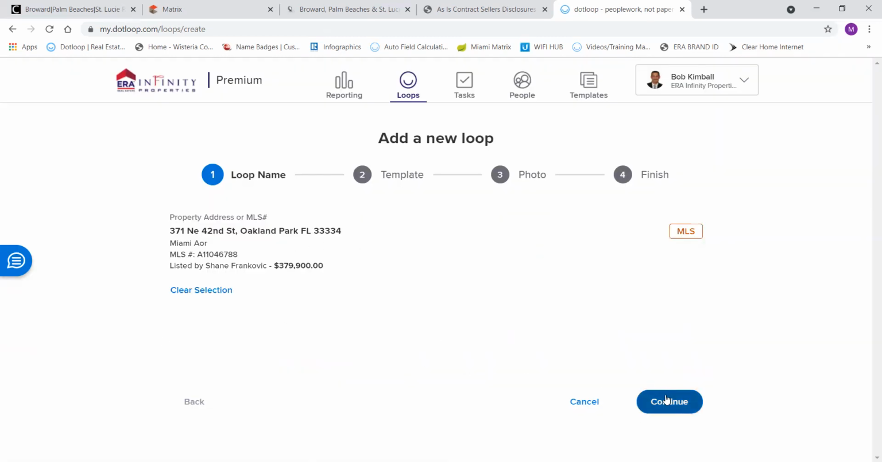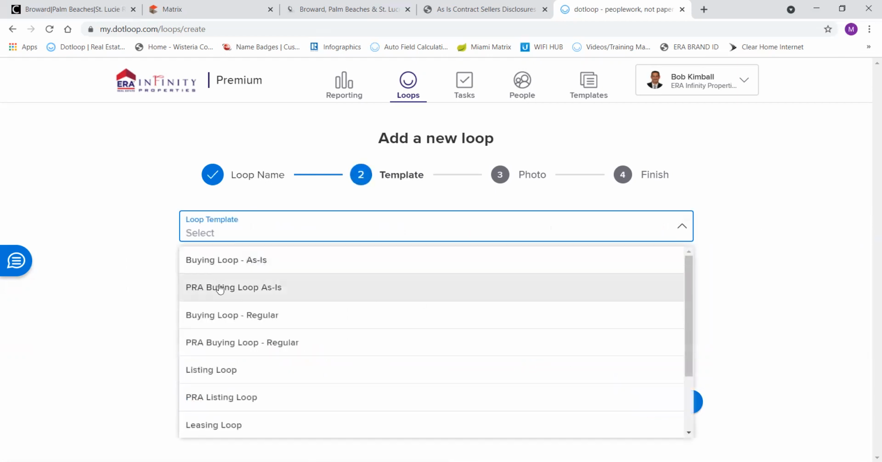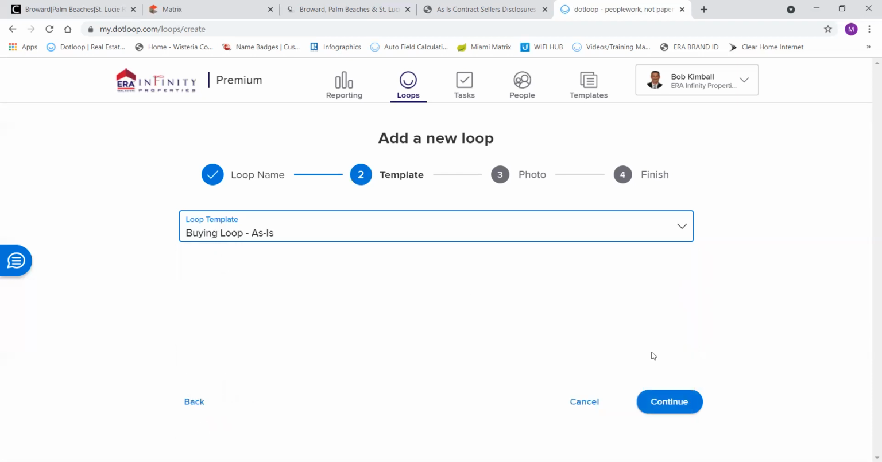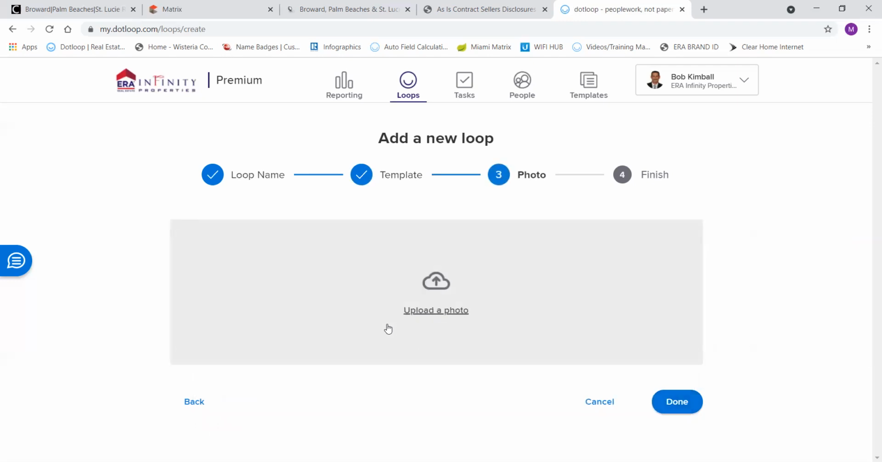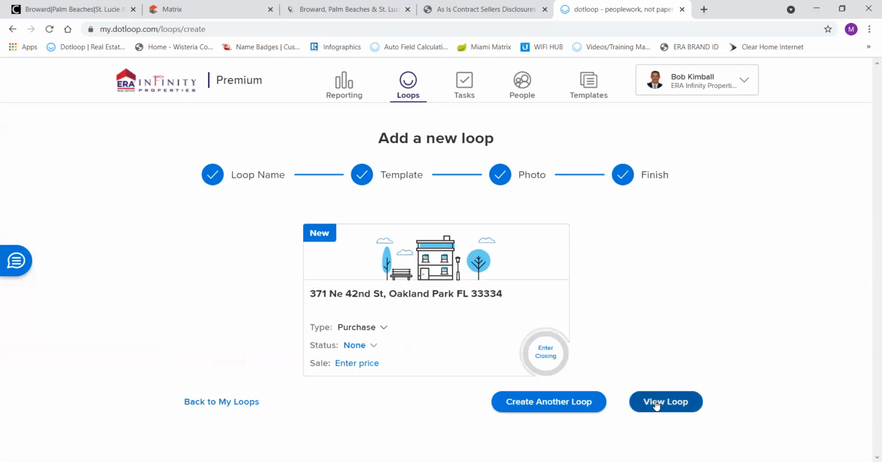Again, I've got my code already set. I'm going to hit continue. Loop template. This is going to be an as-is contract. If you're a new agent, or you've been hired recently, you're going to be using this PRA buying a loop as is. Hit continue. You always want to choose a template. I have no picture. Hit done, and I've created the loop. Okay, so now I want to get into the loop,